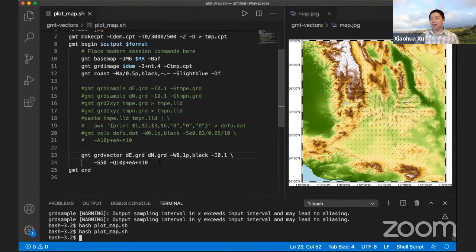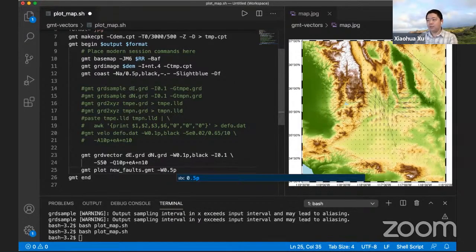Next, we're going to add the faults to this plot. And what we're going to do is use gmt plot. Remember, the file name is called new faults.gmt. And let's say we're going to plot it with 0.5 pixel in maybe, I don't know, red color. If you save the